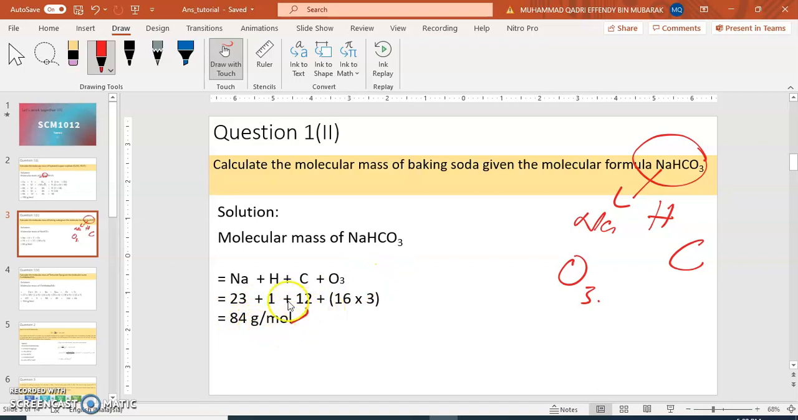So don't forget the unit, because this unit shows that this is a molecular mass. So this is the unit of molecular mass. And next,